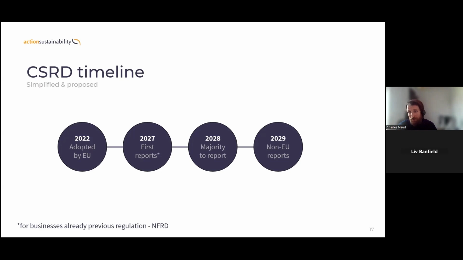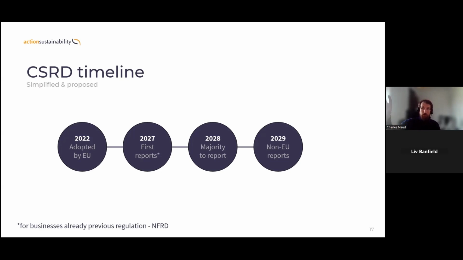We know what happened in the past. The EU adopted this in 2022. It came into official law in 2023. But the law was saying the reporting is going to happen in a few years' time. Now, the omnibus has proposed some changes. What we think is going to happen is that in 2027, we're going to get the first CSRD reports, but those are only going to be for organizations that